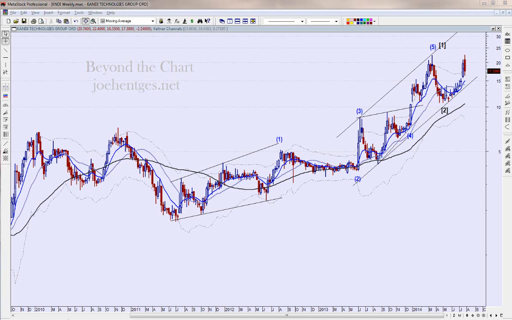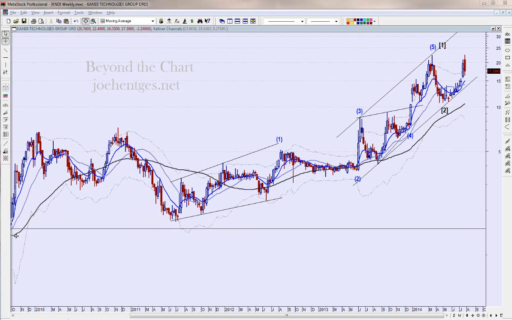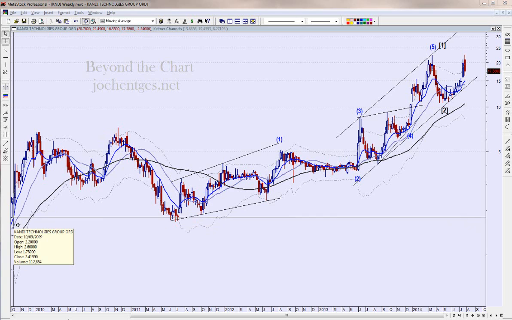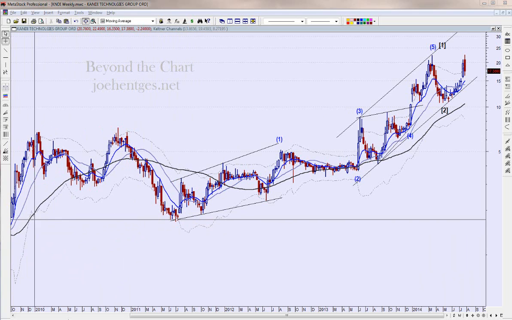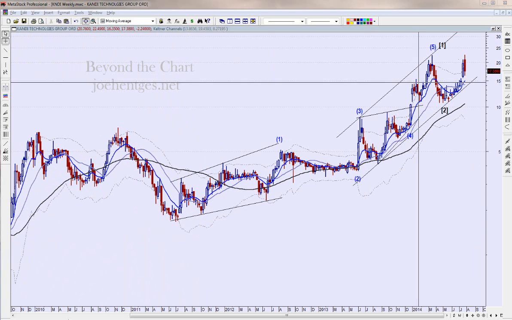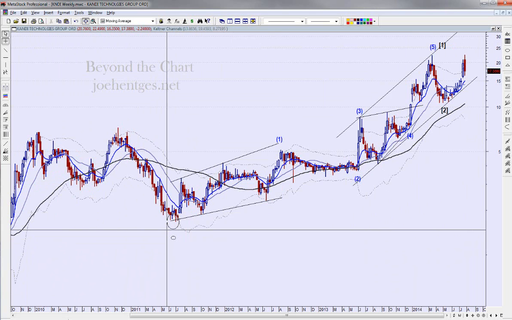KNDI is the ticker symbol. And we're going to look at the weekly chart here. It's been trading since back in late 2009. It started October 2009. Now, you would think at first glance this is the start and the lowest point, but actually this point was lower than this point. So this is going to be my starting point, what I'm going to call base zero,